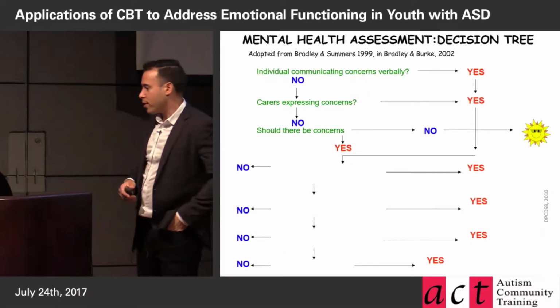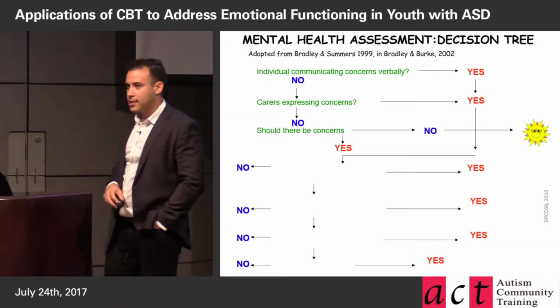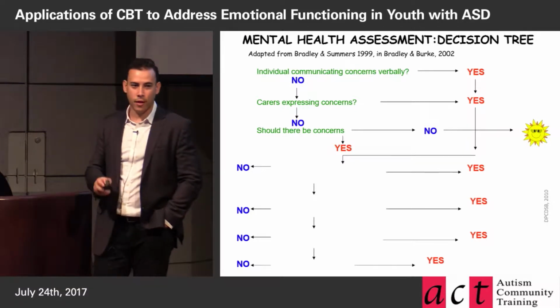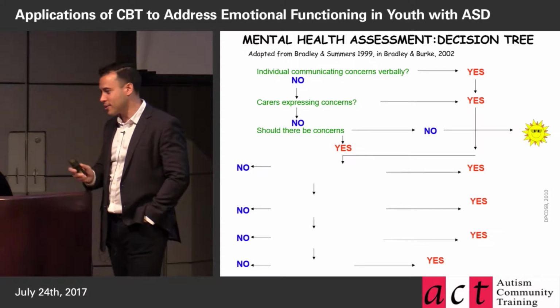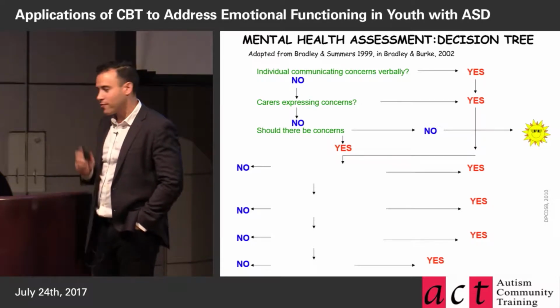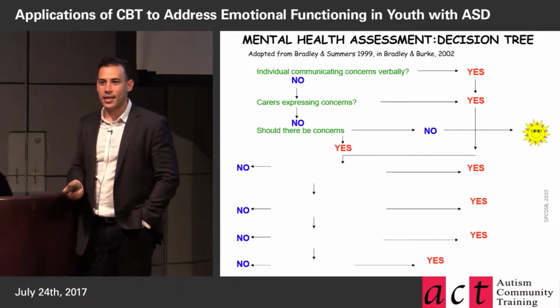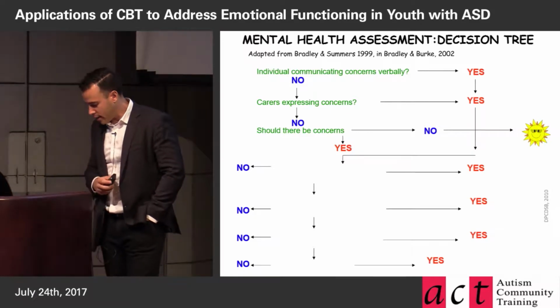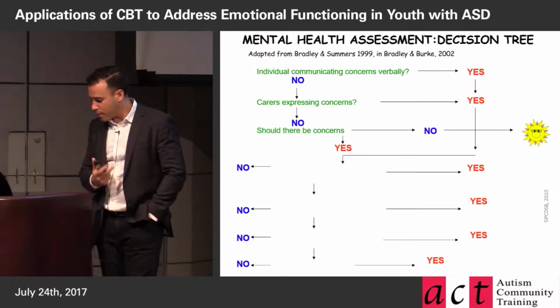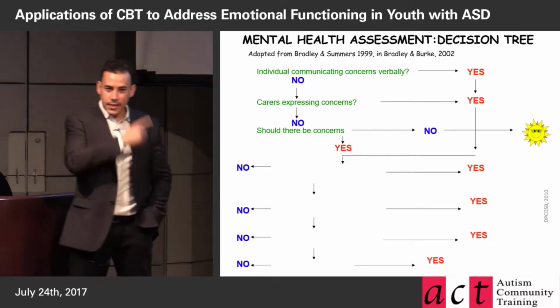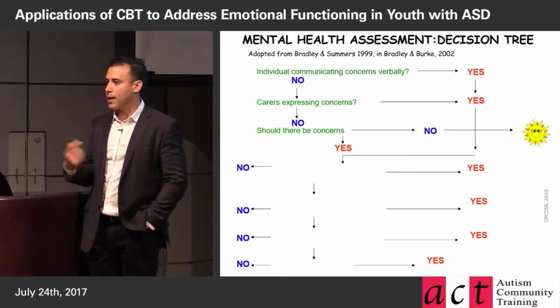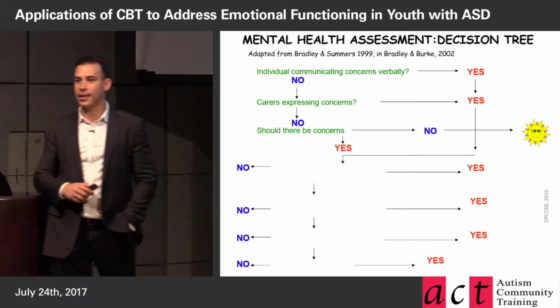The last conceptual framework that I'm going to share with you is a psychiatric assessment decision tree. Doctors love decision trees, okay? It's just constantly decision trees. So this is a really nice one that's very straightforward. Somebody asked another question here: how do I convey that what the student might be having in the school might be mental health issues rather than autism? This is something that can help, or if you're working with medical professionals, a decision tree like this can really